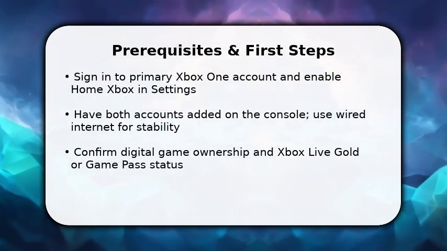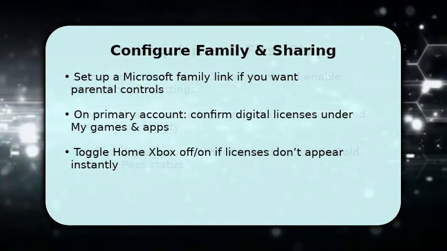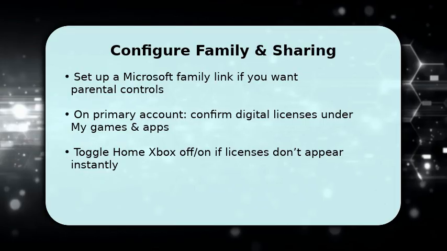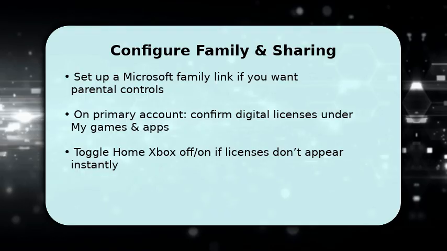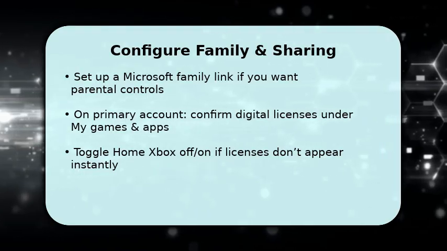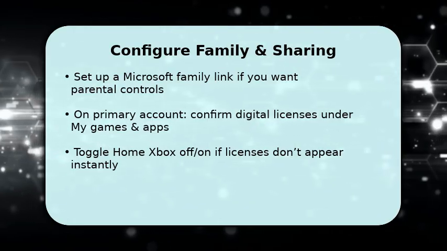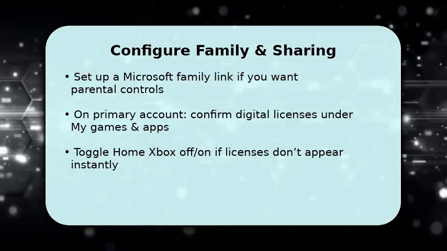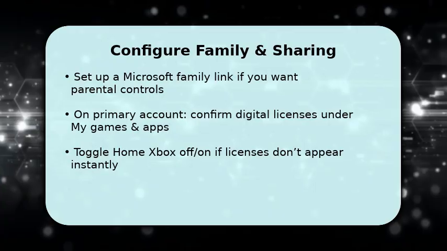Now configure family settings and verify licenses so sharing works reliably. If you require parental controls, add the child account to your Microsoft Family online. This keeps purchases and playtime managed. On the primary account, open My Games and Apps and check on titles and subscriptions like Game Pass. Licenses must be tied to the primary account. If games don't show for the secondary user, sign the primary out then back in, or finish by testing access